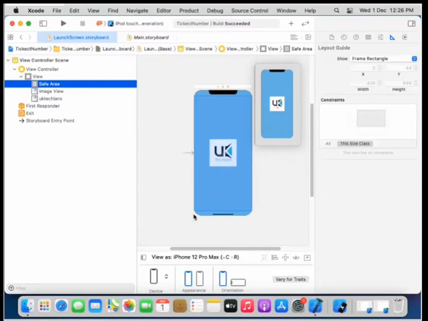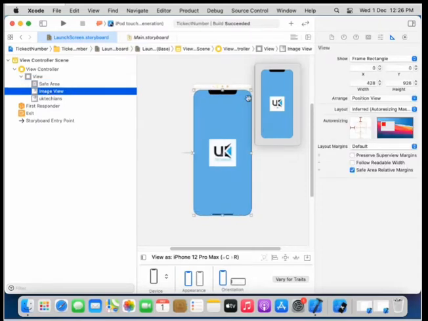So this area is the safe area, right? And after this we have an image that is the background of our application, and then the Wikitections logo, which is our logo in the middle.